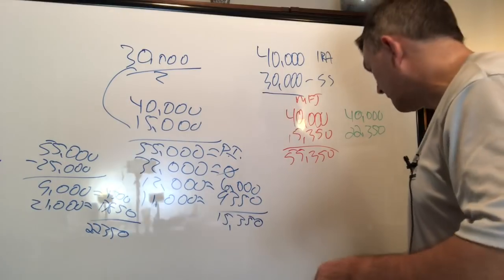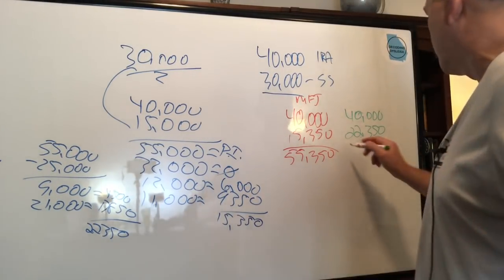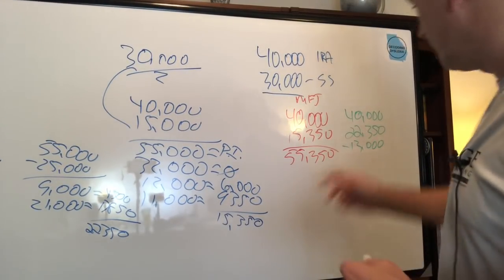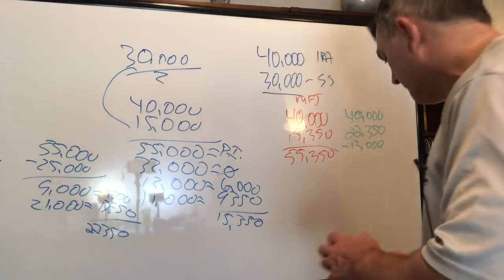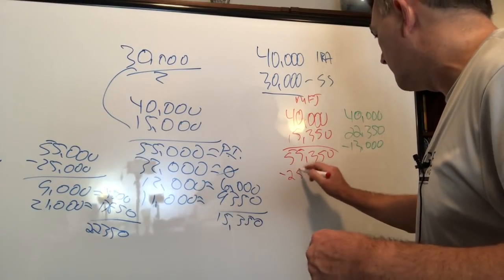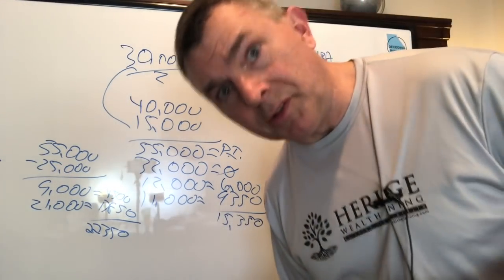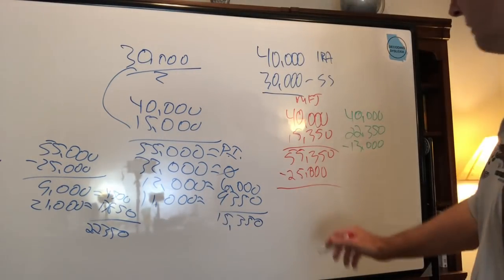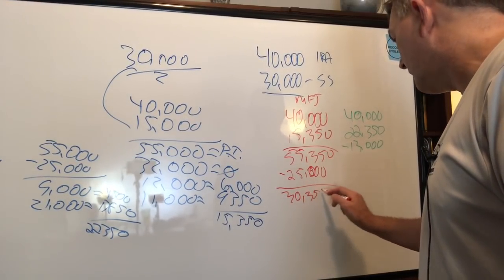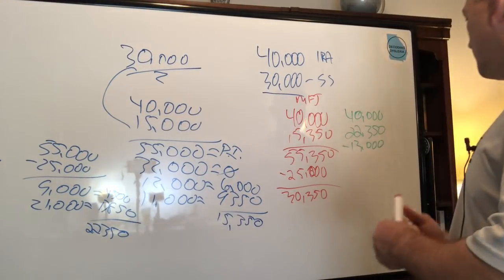Now we're just going to assume the single person has a 13,000 standard deduction, just for simplicity. And the married person has 25,000, just for simplicity. So the married person's total taxable income in this case is going to be 30,350. The single person's total taxable income is going to be